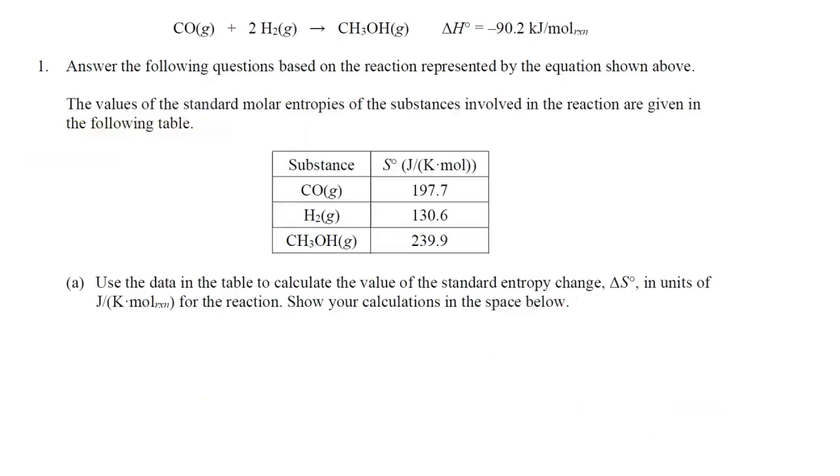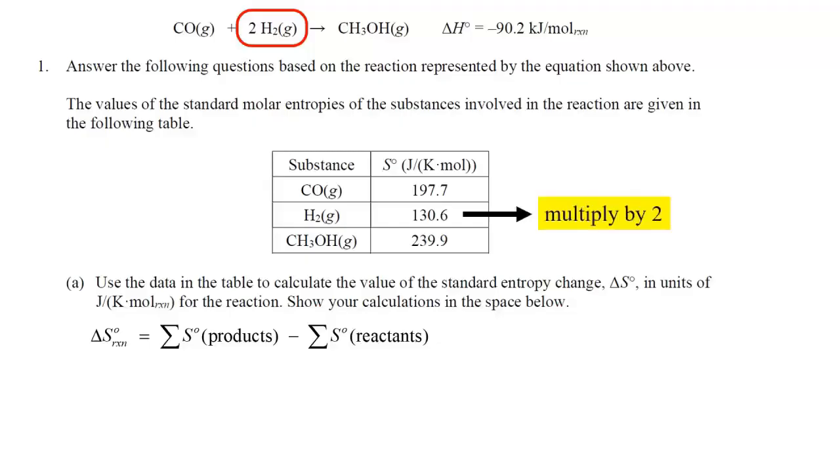So before we do the products minus reactants calculation, I just want to remind you of a common mistake that students make, and that is they forget to use the coefficients from the balanced equation when they're doing their calculation. So the fact that there is a 2 as a coefficient for hydrogen in this chemical equation means that when we do our math, we need to multiply the value for the standard molar entropy for hydrogen by 2. So products minus reactants in this case would be